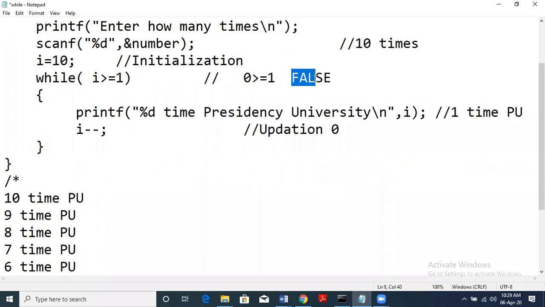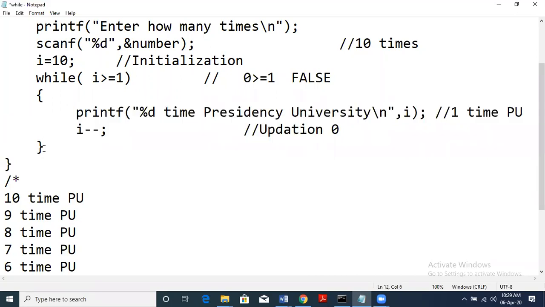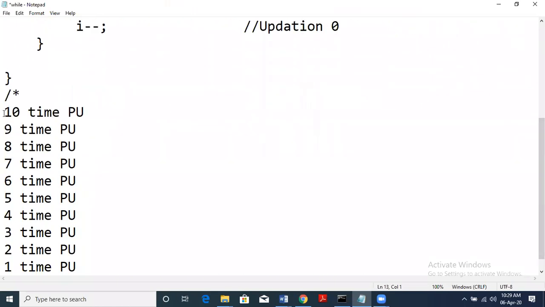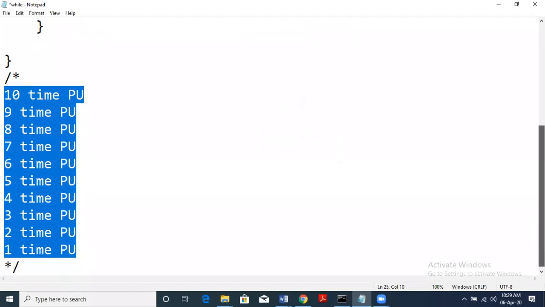So the condition is false and it will not execute the body of the loop. The control flow comes out of the while loop. So we print only 10 times.